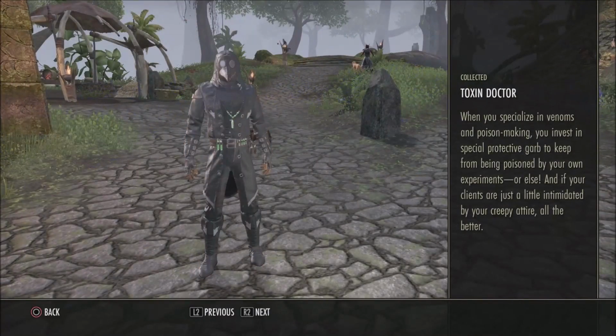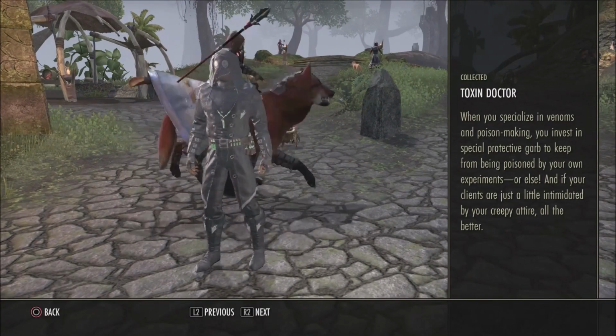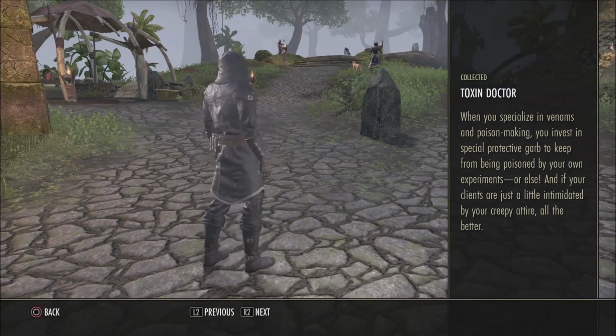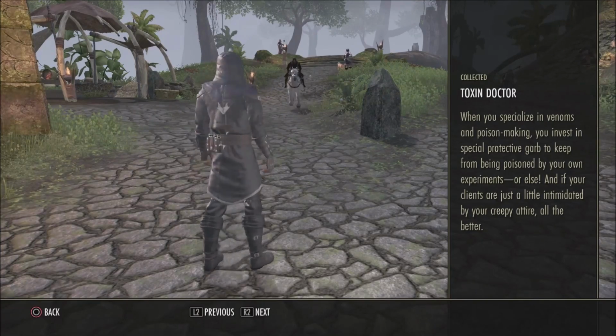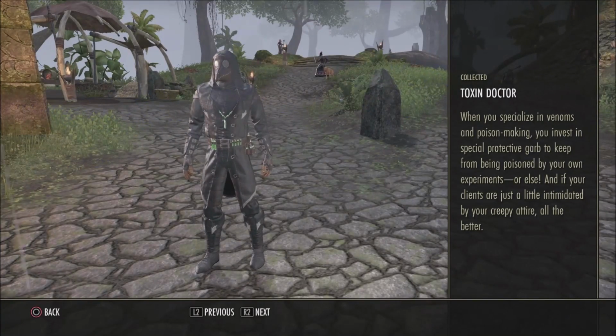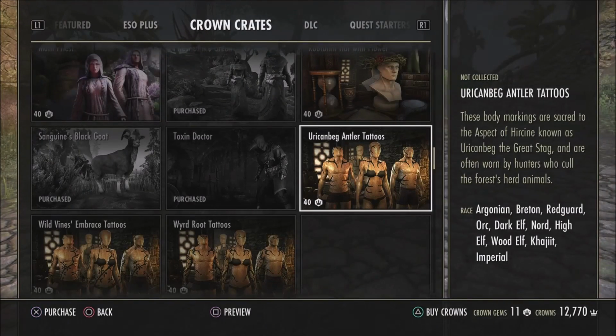The Toxin Doctor. I already have this one. I like it, but the hood looks terrible, though the rest of it looks really cool. So I'll just use the hide helm emote, and then it looks really cool. It looks cool if you paint it white as well. How do I pronounce that? I'm not gonna try. But anyway,